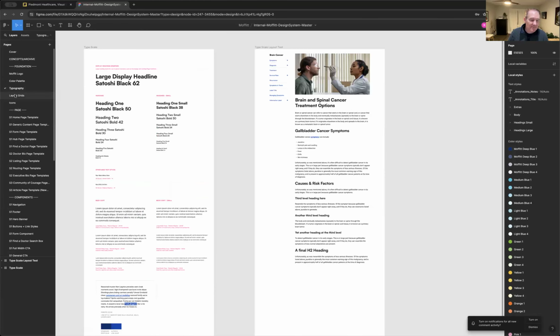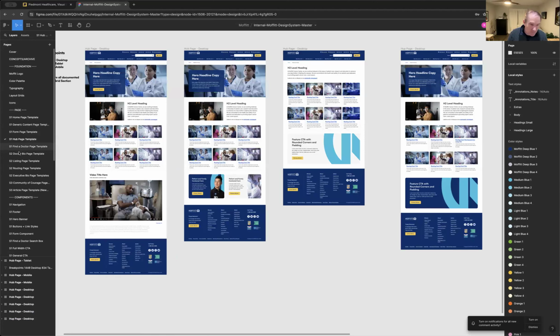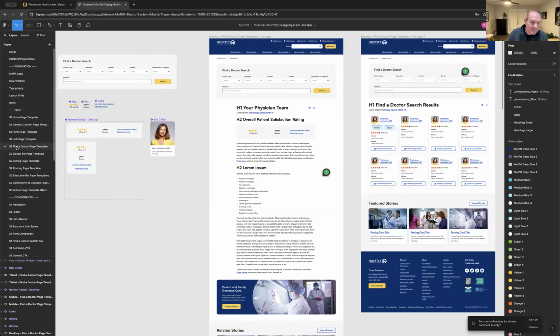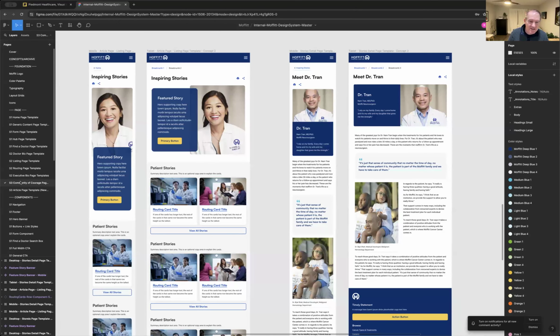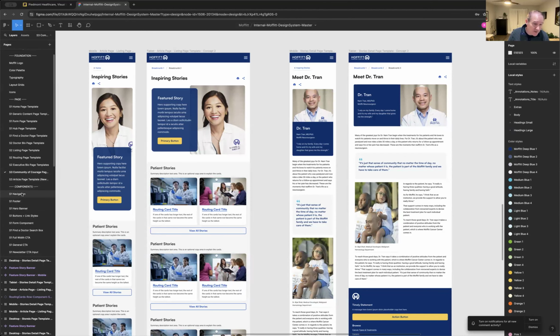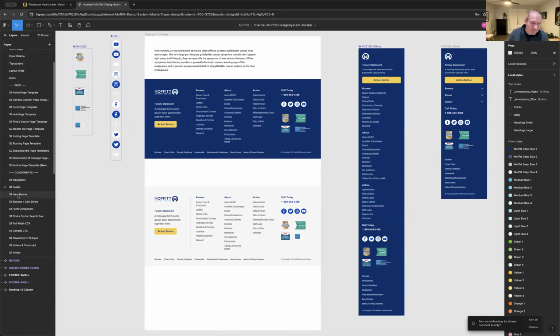We obviously look at things like typography. We look at our home pages. We have different home pages for different types of screens and devices and sizes. We'll look at maybe a hub landing page. Also, some of these other pages like Find a Doc, Doctor Bios, and other sections, different content sections or engagement components. We also can get into some component things like navigation, footers, right? Hero banners,